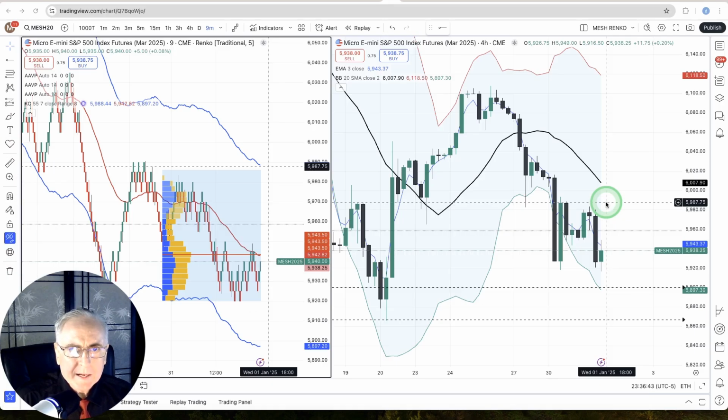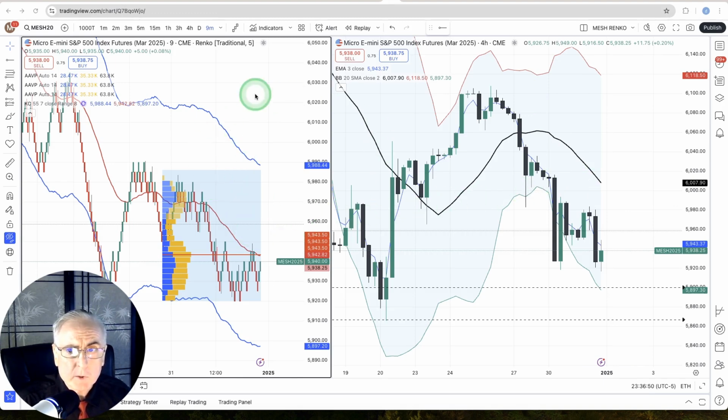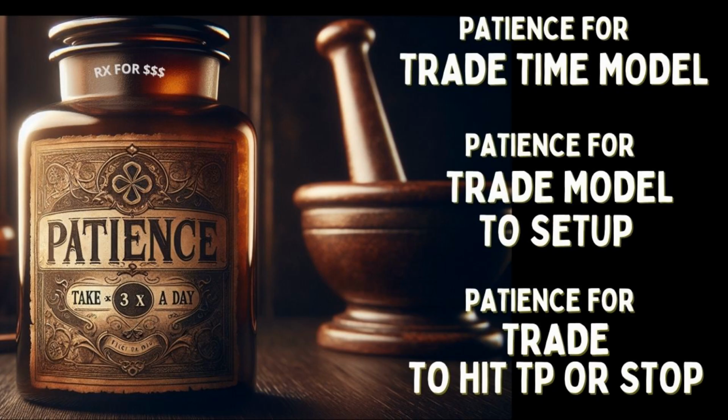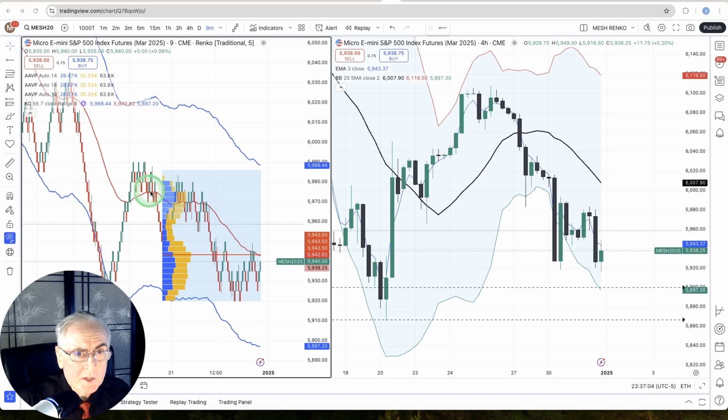Next chart. Renko on the left, 4-hour on the right here with Bollinger Bands. So these are definitely one of my go-to charts. So let's look at the Renko with the Keltner channels. This was more of a difficult market here. For sure, you had to have a lot of patience because note that we were hugging this red middle line on the Keltner here. And so this really didn't break down until after the silver bullet, 11 a.m. Eastern Standard on the 31st.